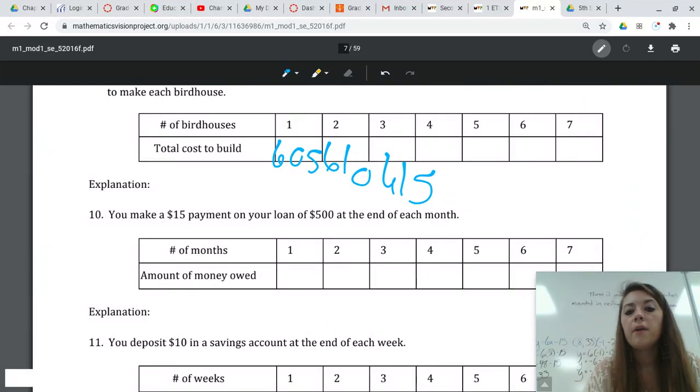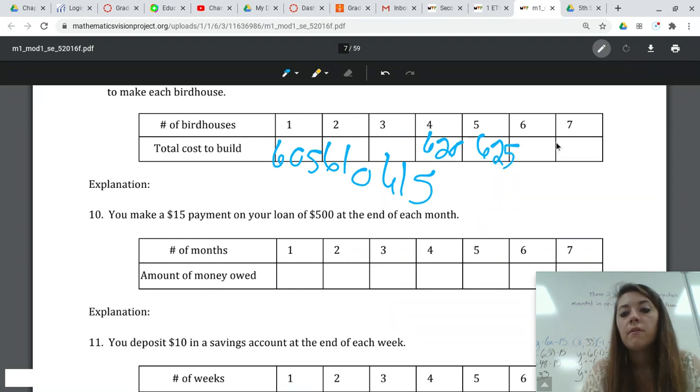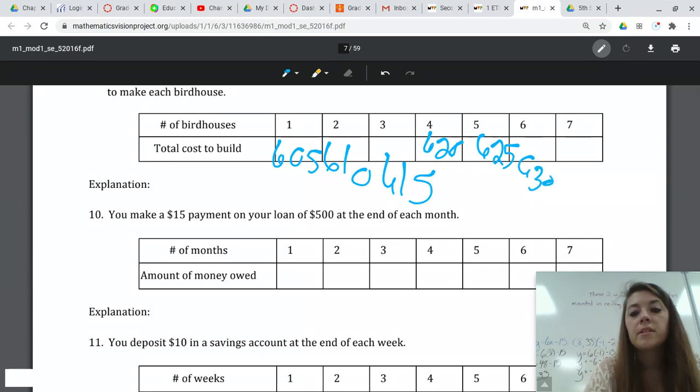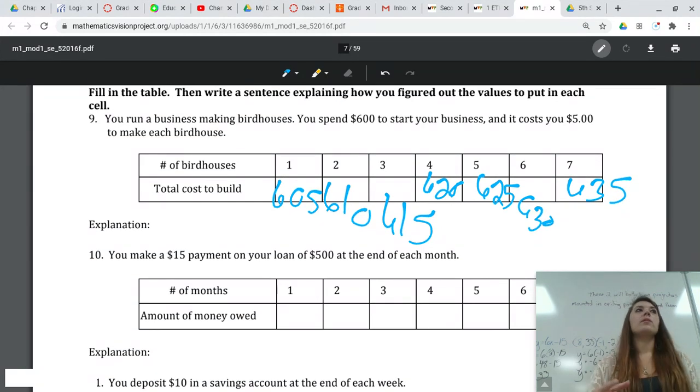Okay, so for 4, if we go up another $5 from 615, we'll be at 620. For 5, once again, we're going up another 5. So 625. For 6, it'll be 630. And for 7, it'll be 635. So we have to think about what this represents. So in our original problem there, it told us that we had that starting fee. We had to start the business. It took us this much to start the business. And then each